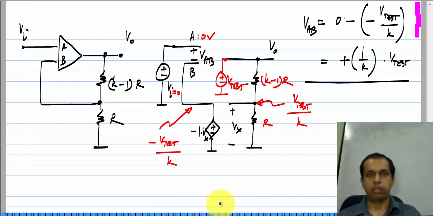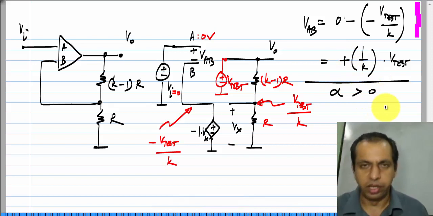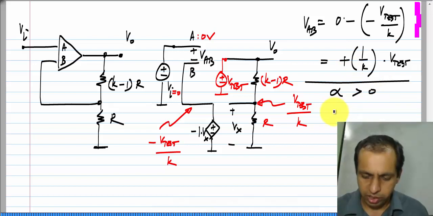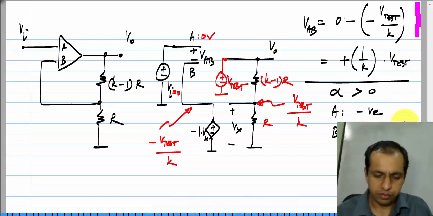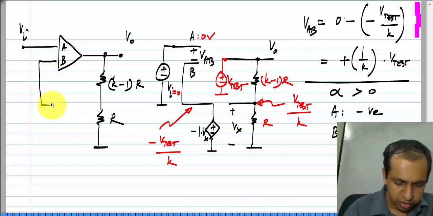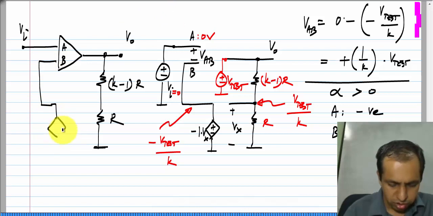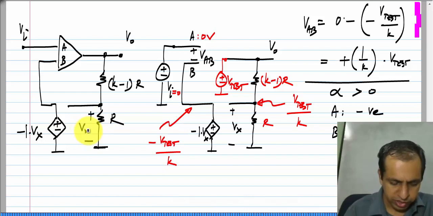Now, according to the algorithm I described, clearly this alpha is greater than 0, and you have to assign A to the negative terminal and B to the positive terminal. So, if I have a controlled source with a gain of -1 in feedback, where this is V x,